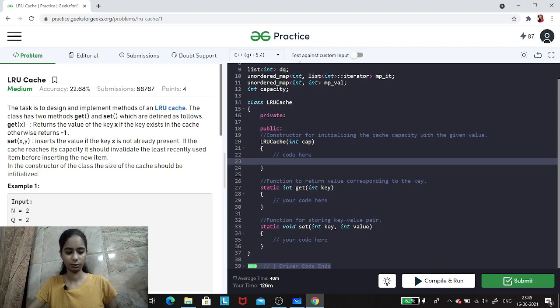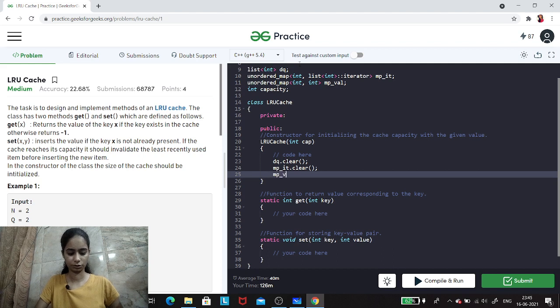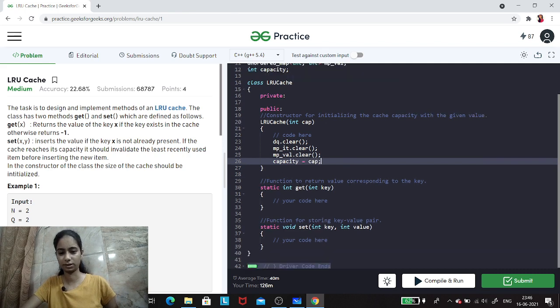So we'll clear our data structures since it will be running for multiple test cases. We'll be clearing them first here, and also our third data structure, and also now we'll initialize our capacity, which is equal to cap. So we've initialized the capacity here.